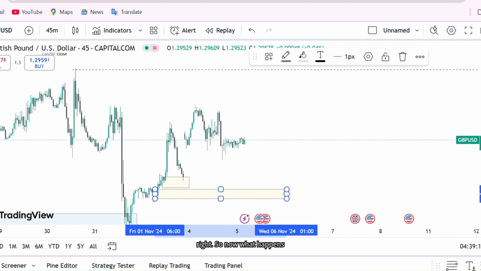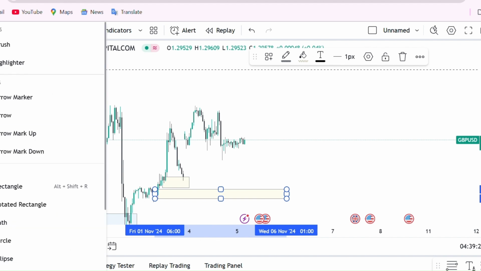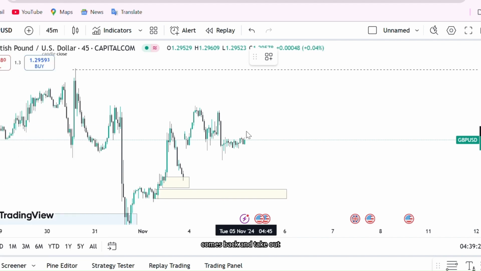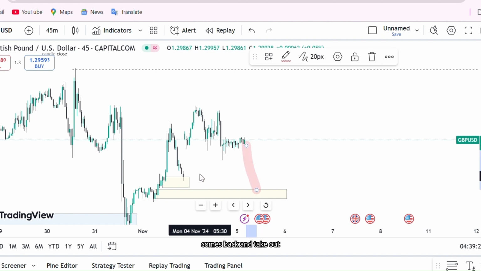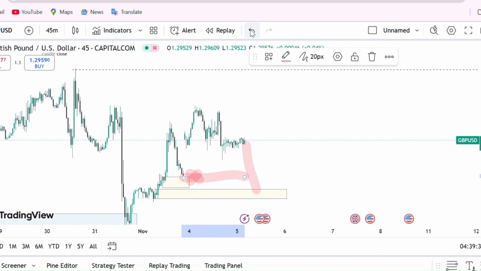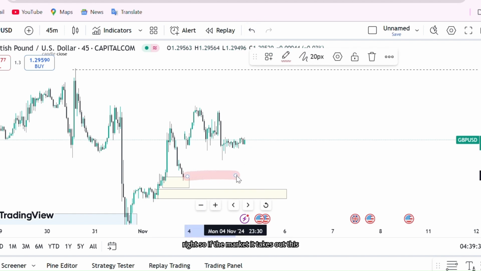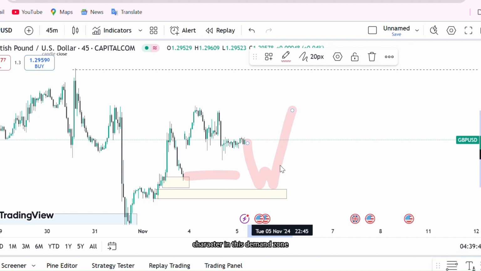So now what happens is, if the market comes back and takes out this low, right? So if the market takes out this low, it comes back, and then we're going to see a change of character. We're going to have to look for a change of character in this demand zone,